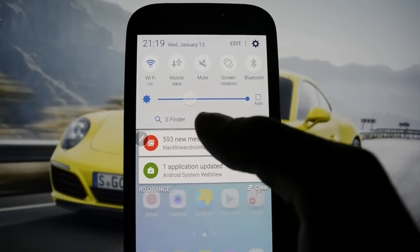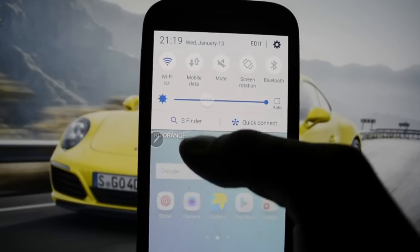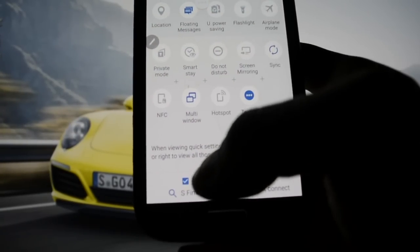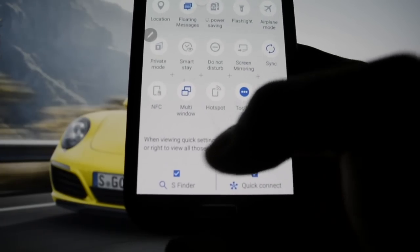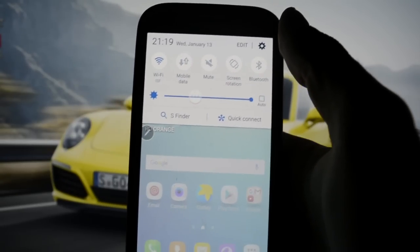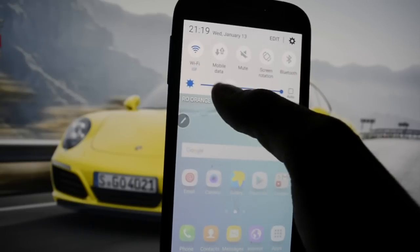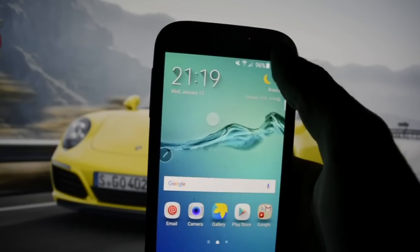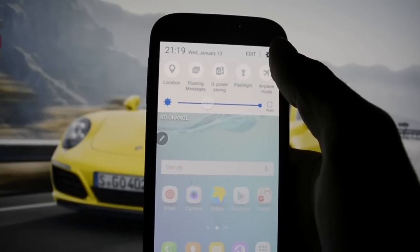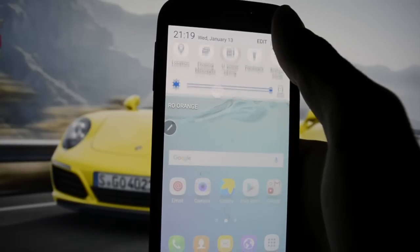If you want to disable this S Finder and Quick Connect, if you don't use them, just go into edit, and sorry, it's really hard to manipulate behind the camera, believe me, and then they should be gone, as you may see. But from now, let's deactivate the floating messages and let's get into the other features like